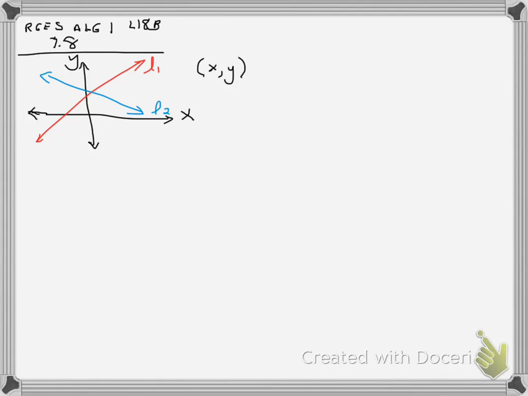Okay. Now, in this graph, which you did this last lesson, you were identifying a solution to a system of equations. These two lines would have only one solution, and that is that point right there. And you would answer it with an ordered pair. Why? Because that is the only point that lies both on the red line, line 1, and the blue line,